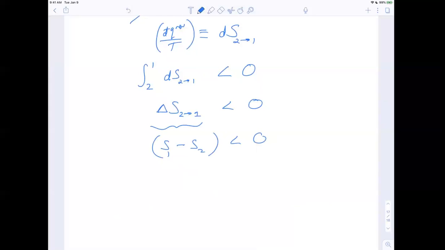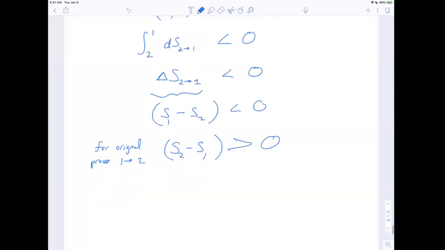But if we are going through that original process where we're going from 1 to 2, this S1 minus S2 becomes, I just flipped the subscripts, right? So this becomes S2 minus S1. But what happens to the inequality sign? It flips as well. Yeah, it becomes this. And what is S2 minus S1? That's just